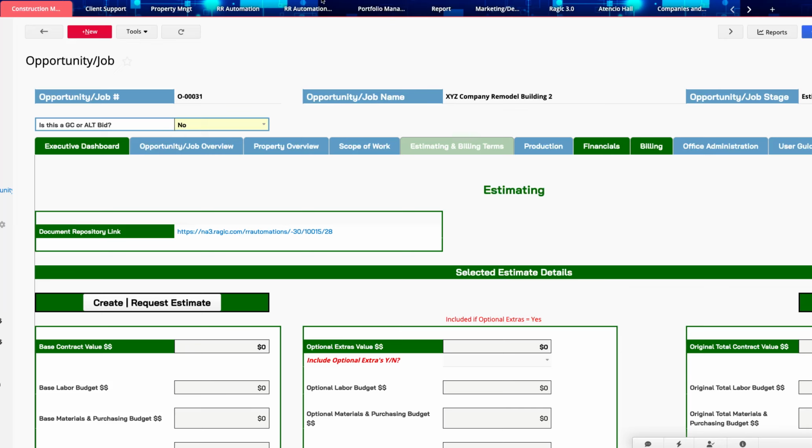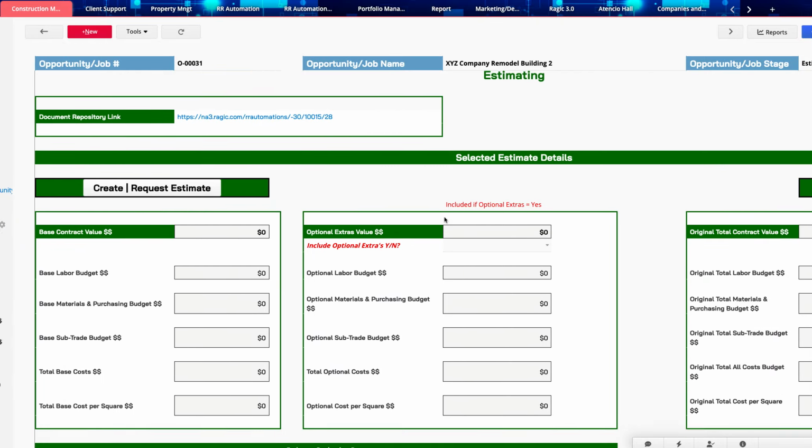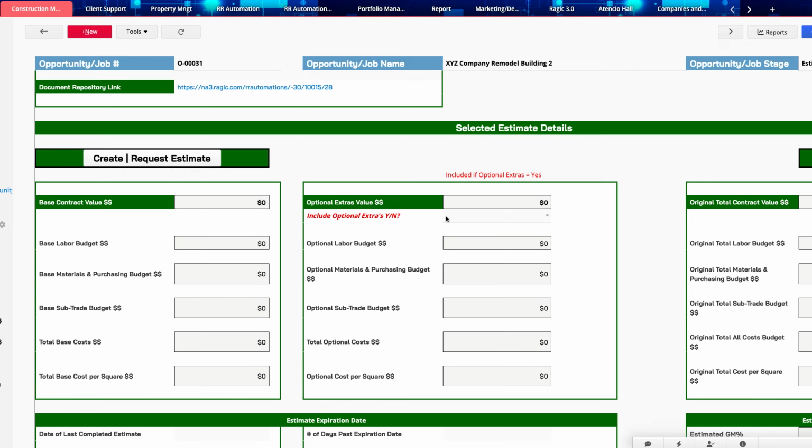Now that you've completed the scope of work, it's time to move on to the estimating process. The fifth tab of the opportunity is Estimating and Billing Terms. Notice that the document repository link is available. In the upper section of this tab, you will have the total of your base contract value, the value of